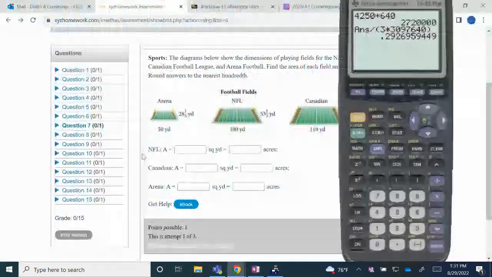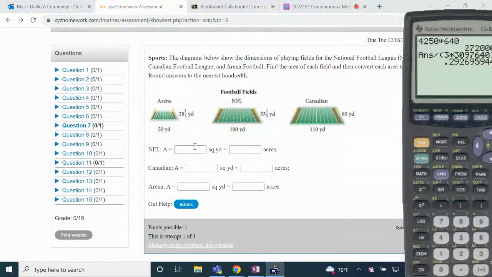All right, so if we go back for the NFL, we have